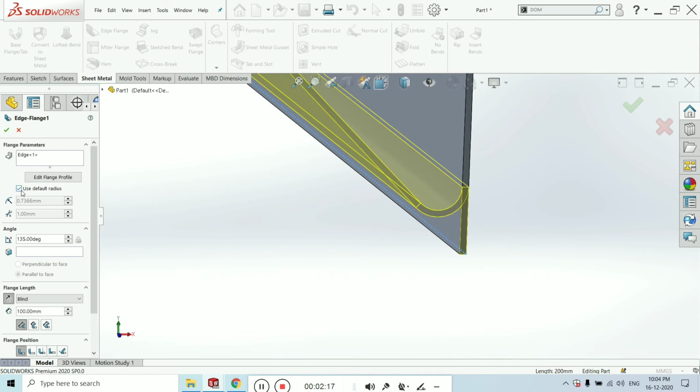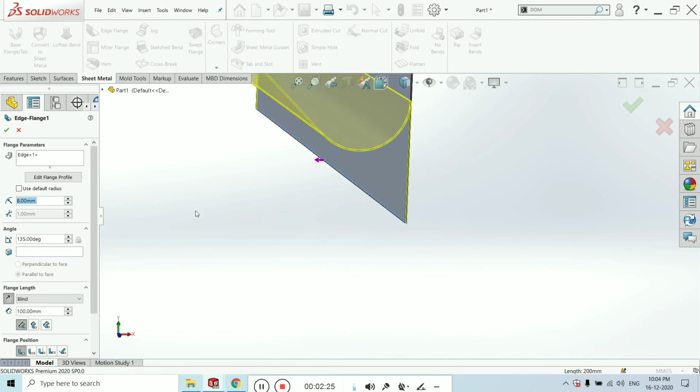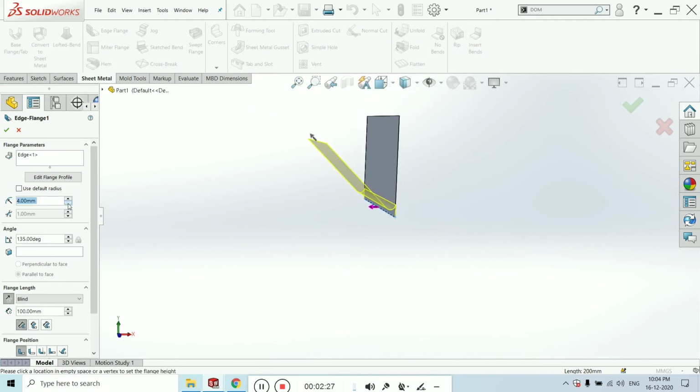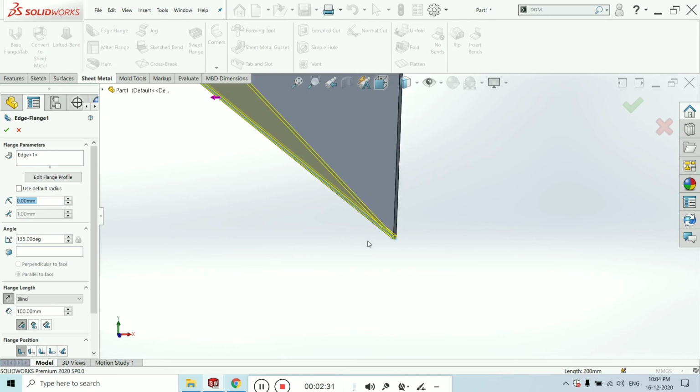Just uncheck Use default radius, and you can change the radius over here. You can reduce or increase it as per your requirement. I am taking 0.3 mm. Now the angle is about 135 degrees.